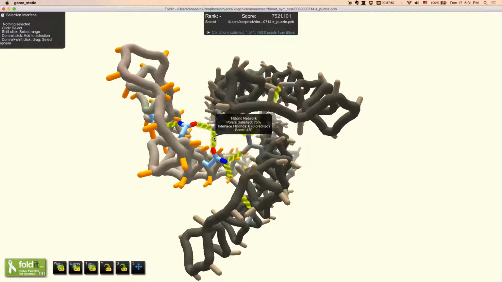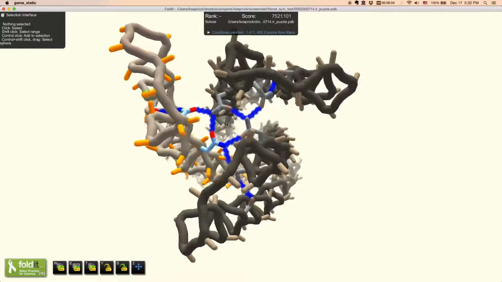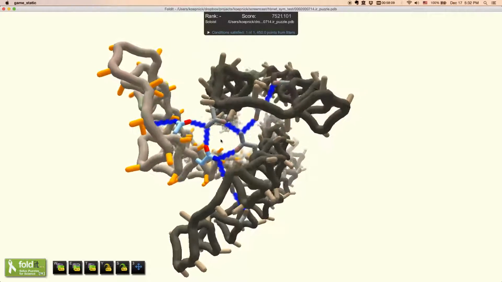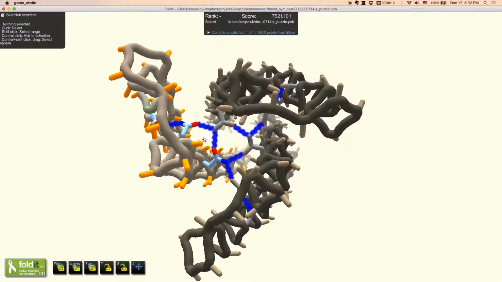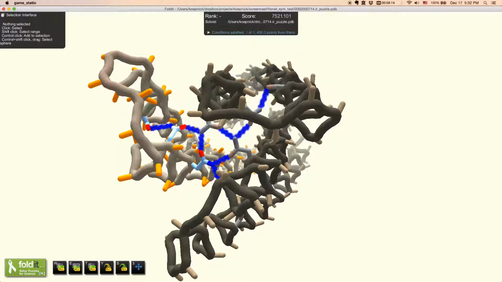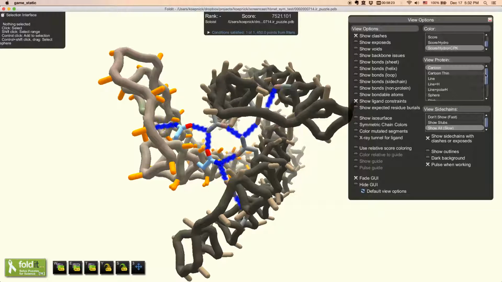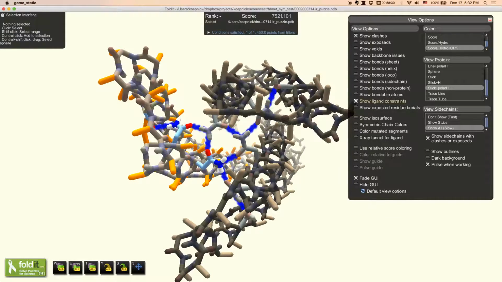But again, looking at the statistics for this network, we see that only 75% of the polar atoms are satisfied, whereas at first glance it appears that all of the polar atoms are satisfied. Looking at just this symmetric unit, we have 1, 2, 3, 4, 5 oxygen and nitrogens, and they're all making at least one hydrogen bond. But we need to dig a little bit deeper. And the best way to do that is in the view options to look at something with polar H's. So line polar H, or I like stick polar H.